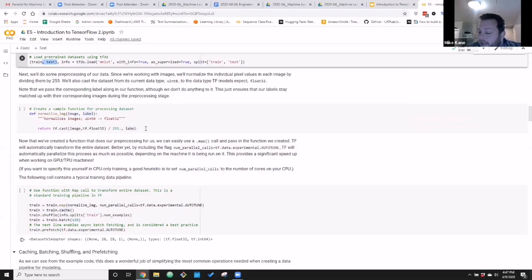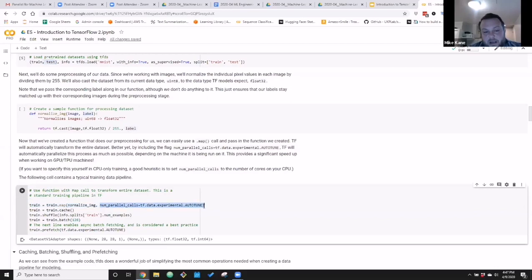Now, one thing that I think is really, really helpful about this, and one reason that if I need to do some data pre-processing now, I use TensorFlow whenever possible, even over scikit-learn, is because it does things like this. So num_parallel_calls equals tf.data.experimental.AUTOTUNE. What is that doing?